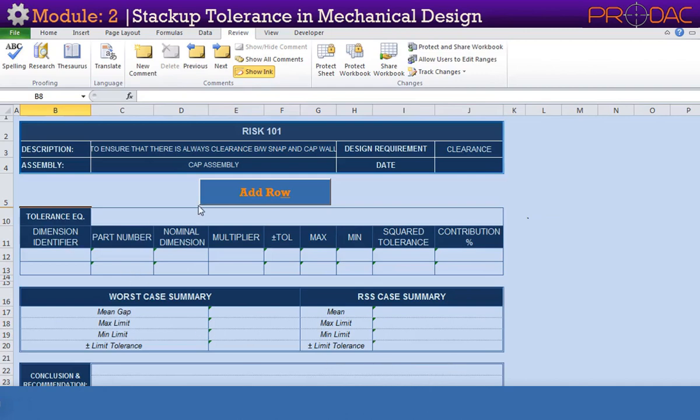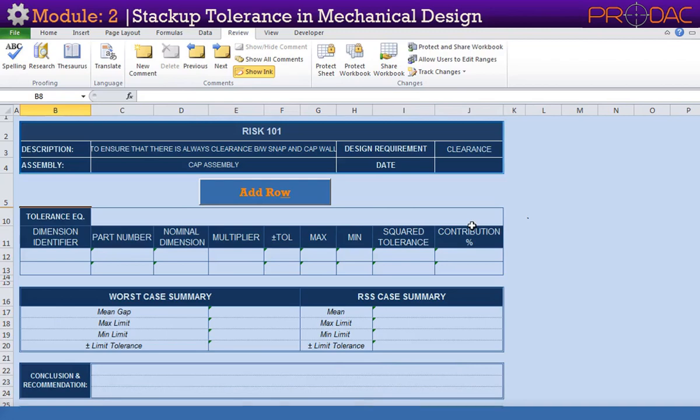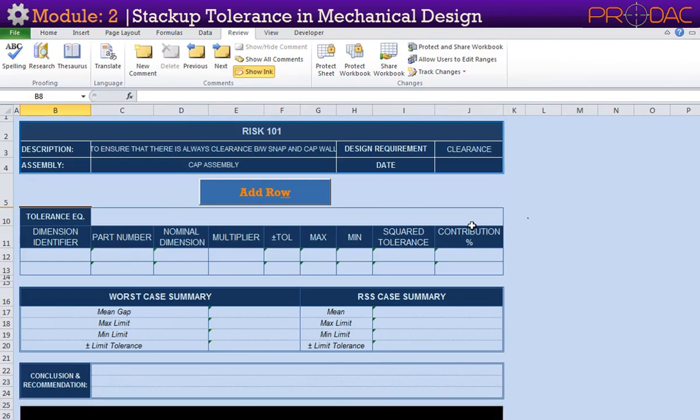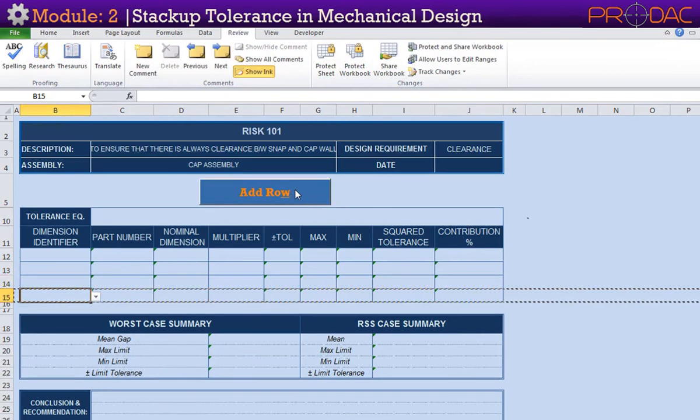Once all the risks are listed down here, click on Add Risk tab button. In this case, we have only one risk. A new tab by name Risk 101 gets added. We have 4 identifiers to be filled in here, which are A1, A2, B1, B2, but rows available are only 2, so we need to add 2 more rows. To add rows, click on the button Add Row.